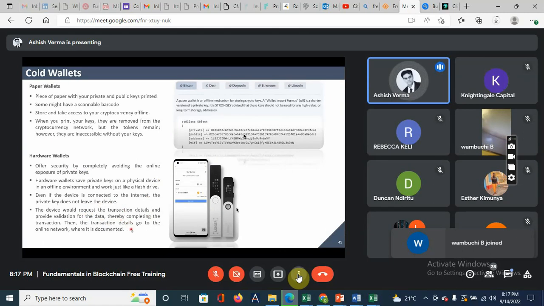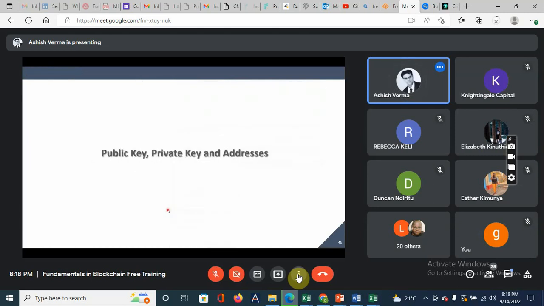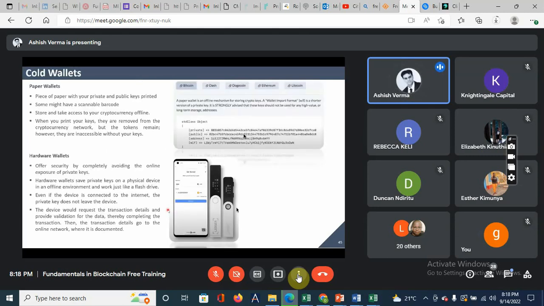So let's say you are doing a particular transaction, and let's say you are connected to your MetaMask wallet, but your private key is stored here. So whenever you plug in, only then your transaction will be validated. Otherwise, it won't. So this is a very basic concept just for you to understand what exactly happens over there.